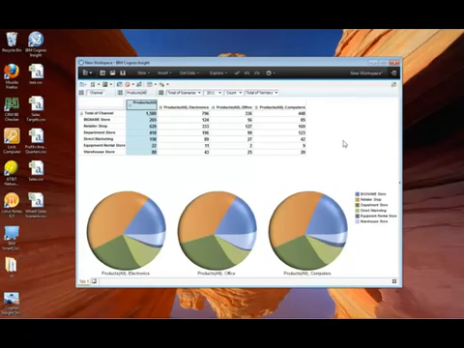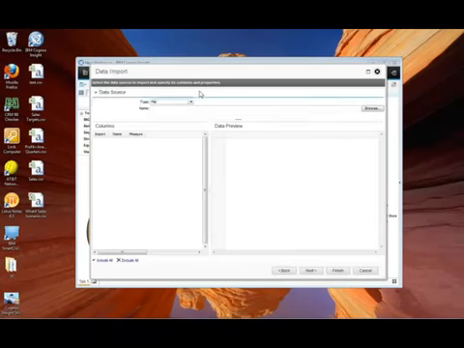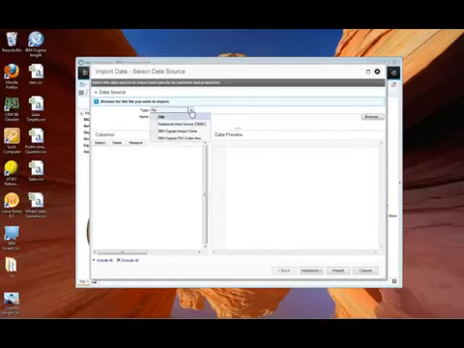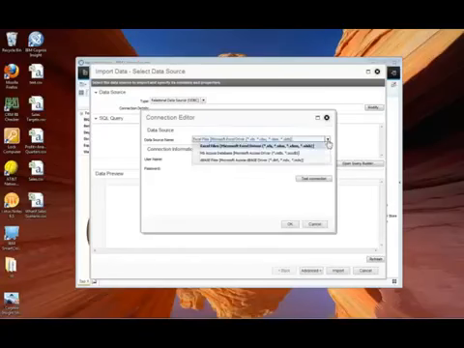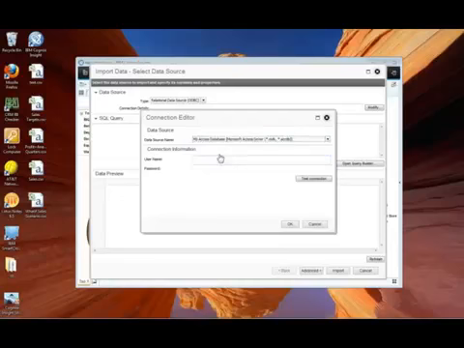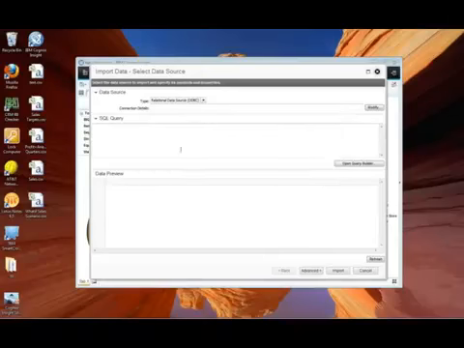Now there is more. You may ask yourself, I'm sure you do, can I just read CSV files? Of course not. You can import data from different sources. The first one is indeed a file, but you can also have a relational data source, which means that through an ODBC I can connect to any database that I may have. It could be an Access database, but of course it could be Oracle, it could be SQL Server, anything that I have an ODBC for. And I can connect here and test the connection, and once it's done, it will show me